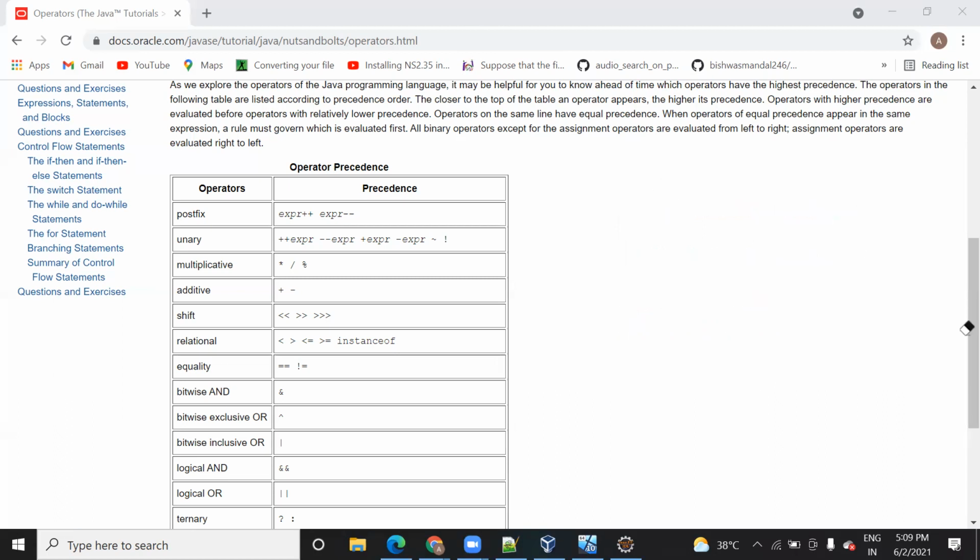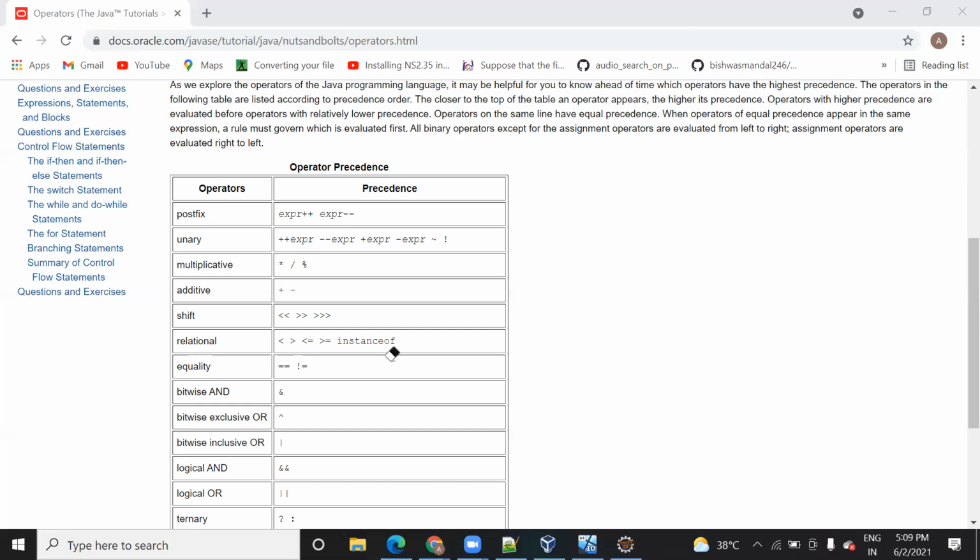So there are a few more, a mod operator, shift operators. You can shift the value left and right. If you see this symbol, less than or greater than, it means that you need to shift three times.